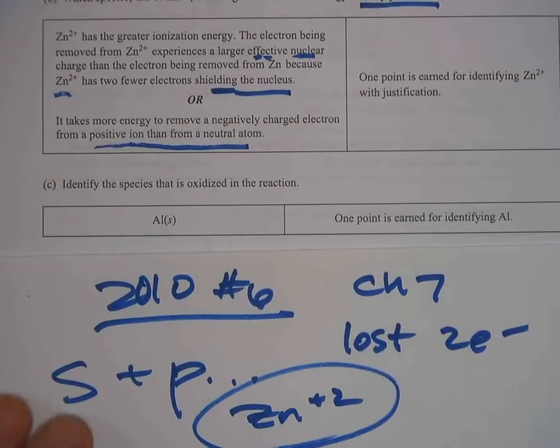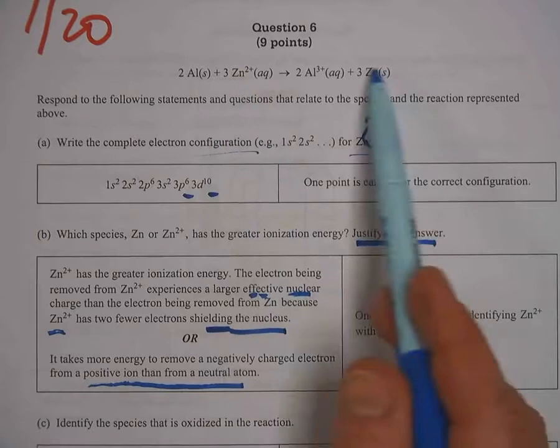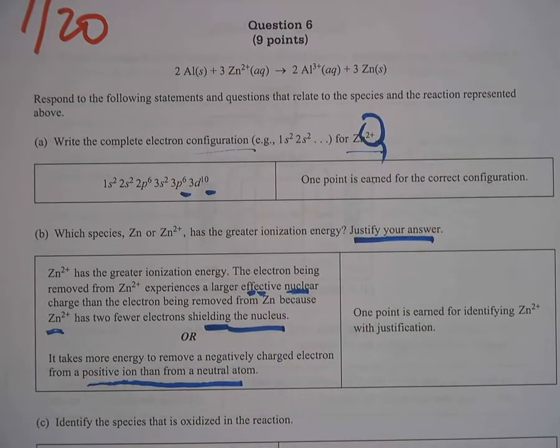Identify the species that is oxidizing the reaction. Up here they gave you an oxidation reduction reaction. They didn't tell you that. I didn't go through that, but now it goes into a chapter 4 type question. And then if you look on the back here, question 6 continues, and they give you a whole bunch of stuff for